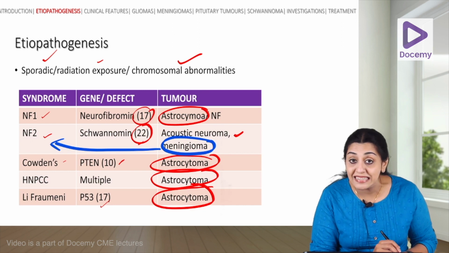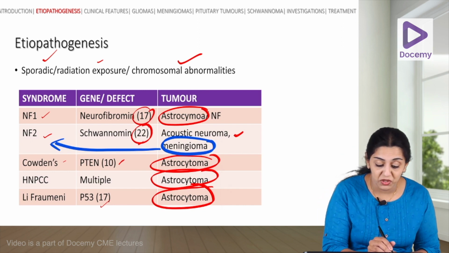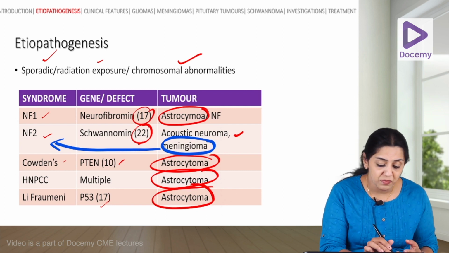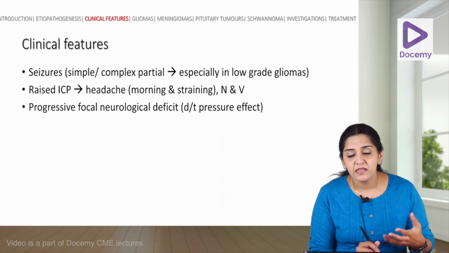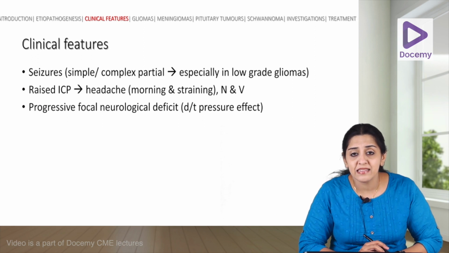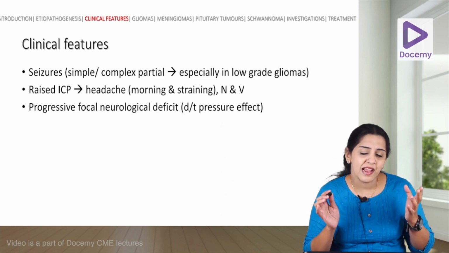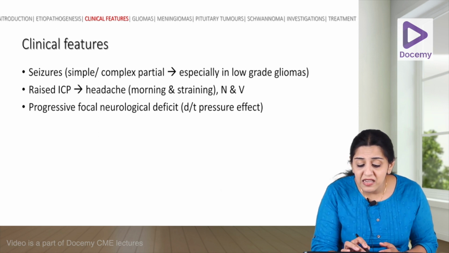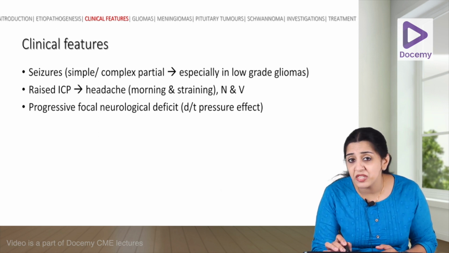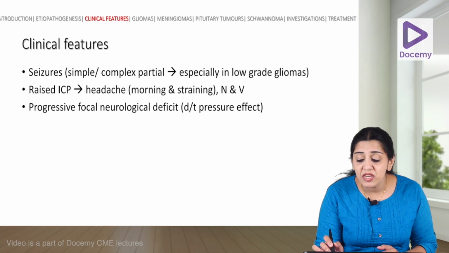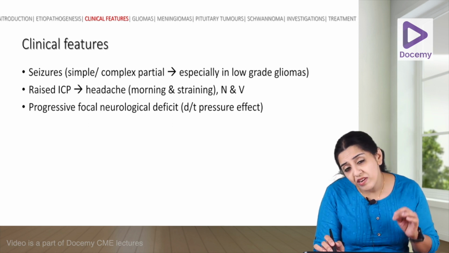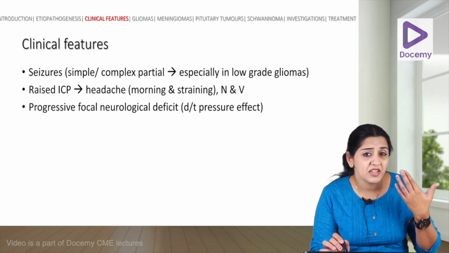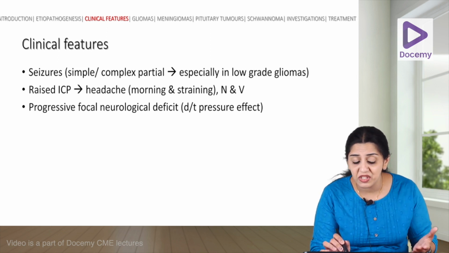Now coming to the clinical features of brain tumor. When does one suspect a brain tumor? What are the symptoms? Suddenly the patient has seizures. An apparently normal person has sudden onset of seizures, which are typically simple or complex partial seizures, especially in low-grade gliomas. In low-grade gliomas, the typical symptom in the beginning is just seizures, that too partial seizures,